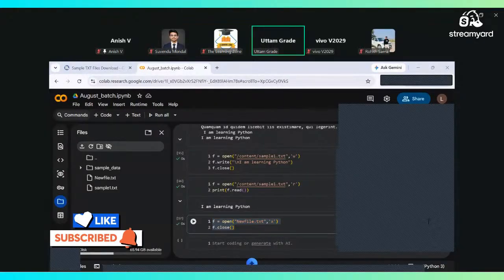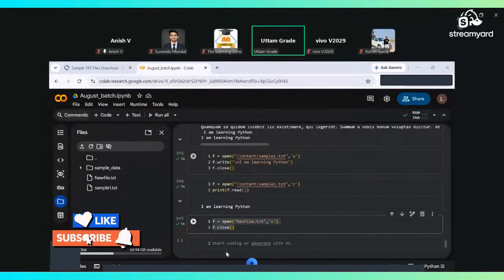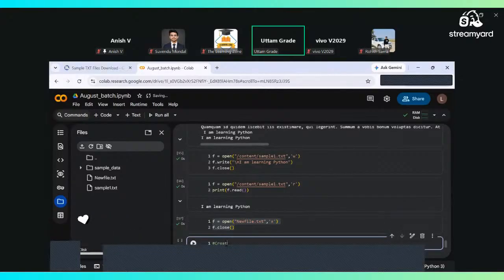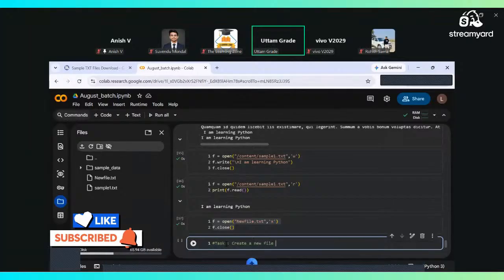right? Now I'll be sharing this collab with you all, right? Go through this, and there are multiple tasks I have given in the slide itself. I'll be writing this one as well. Task: create a new file and add content in it,